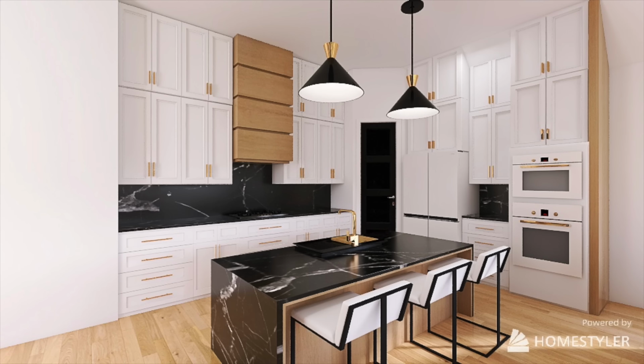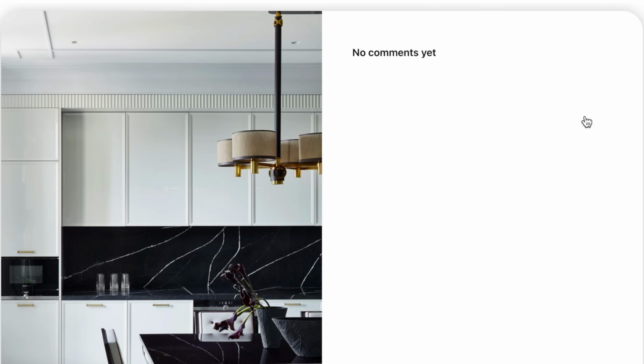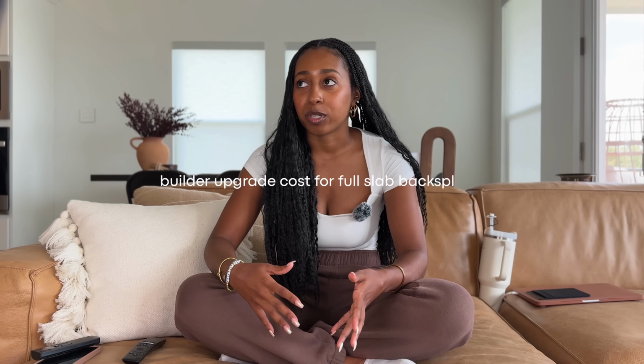And I even made a rendering for us to go off of so that we'd know exactly what the final look of the kitchen would be with our design selections, with our upgrades, and with the DIYs that I planned on doing. Then as we were planning out the kitchen, I noticed that the majority of the kitchens that I kept saving on Pinterest had that same style of backsplash. So we knew that that would be the way to go, but the builder quoted us